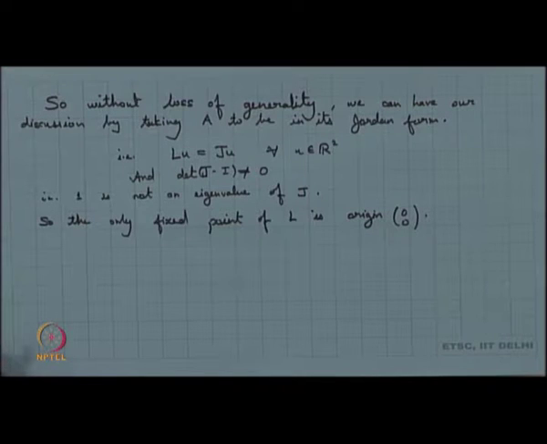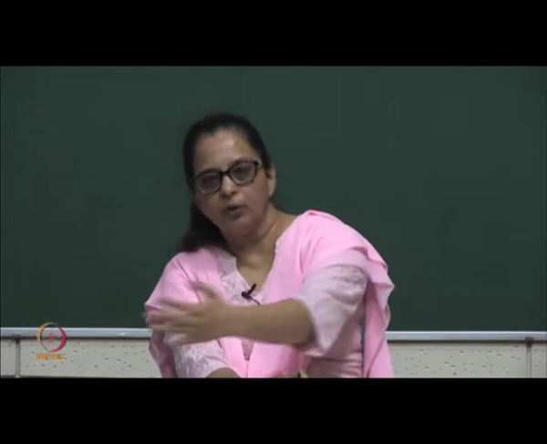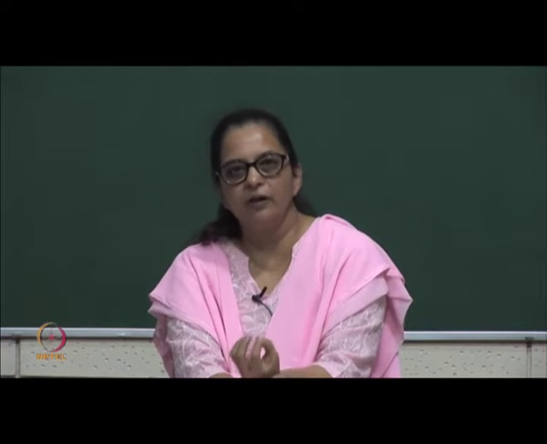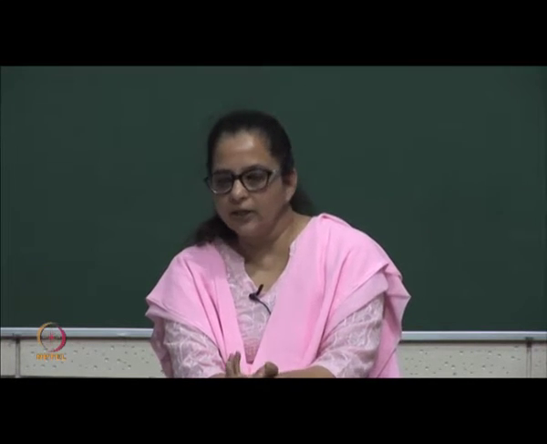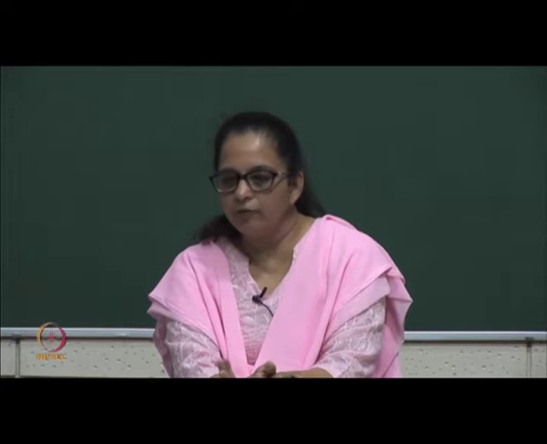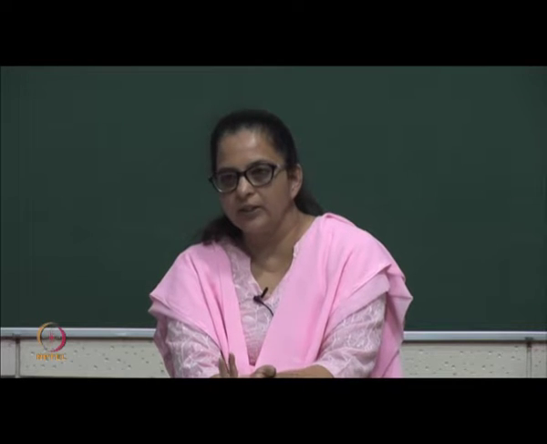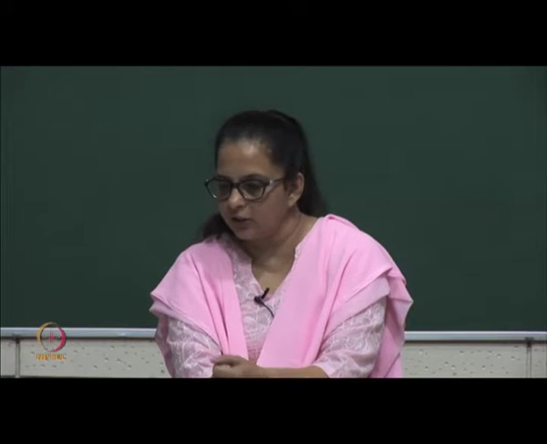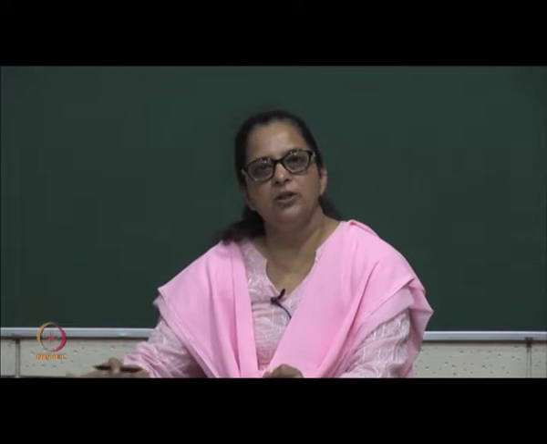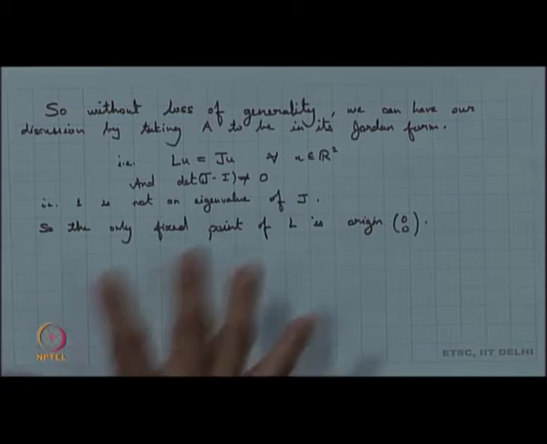We are now interested in looking into the asymptotic properties of the orbits of all points in R square. So, how are they behaving? We know that we have one fixed point which is the origin, and since we are working with eigenvectors, we will have some kind of a splitting by eigenvectors. Either the eigenvectors or the generalized eigenvectors will be spanning the space. So, we have a nice geometric structure given by these eigenvectors, and that is what helps us in determining the dynamics here.